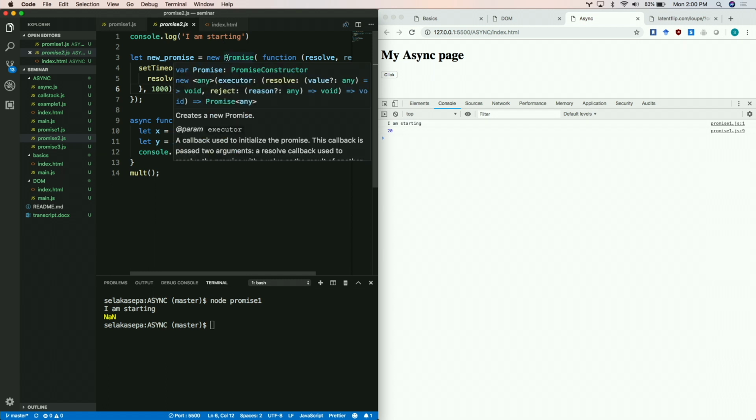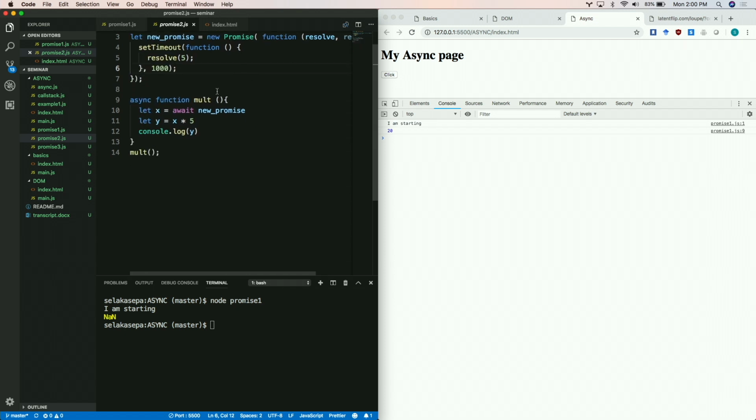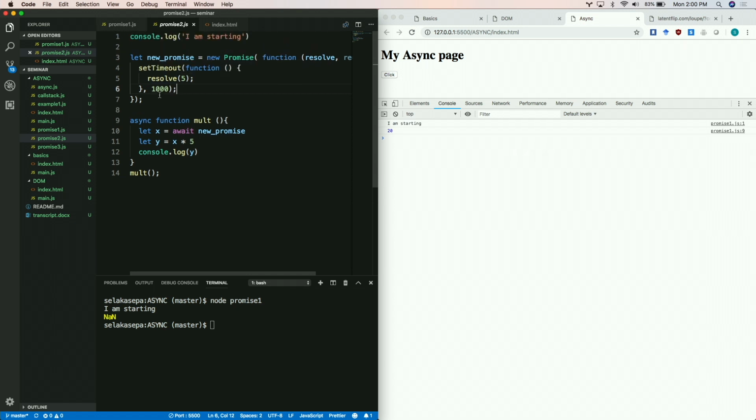So the basic syntax for a promise is you have a function, and it has the parameters resolve and reject, right? What a promise does is it executes a particular function, and then it will either resolve, which means to give that value. So resolve in this case is my callback value. If my setTimeout is done, it's going to call this function, and then it's going to call resolve, right? So resolve means my promise has finished executing,